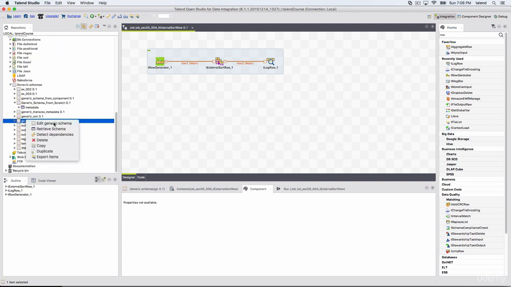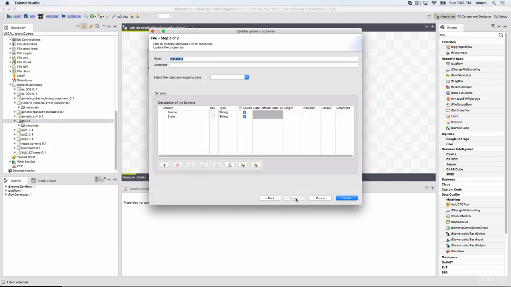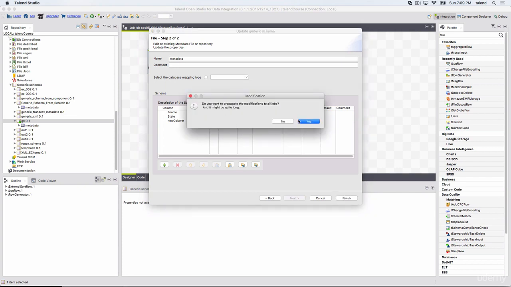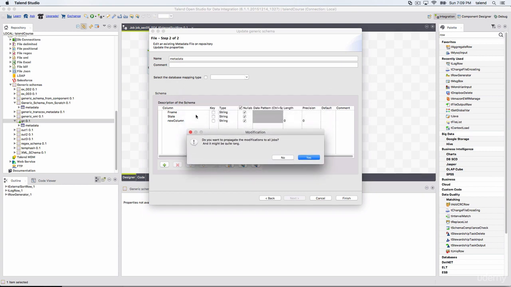Let's say I want to modify a generic schema. What happens to the jobs that use this column? When I click finish, it will ask, do you want to propagate the modifications to all jobs? It is saying this might be used in many jobs. It doesn't say how many.